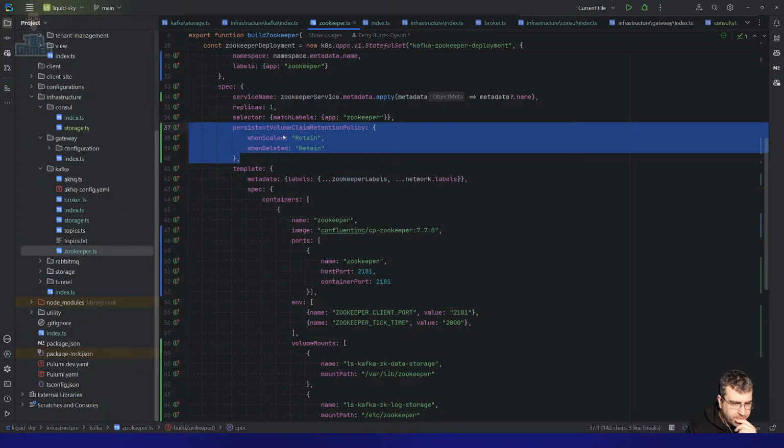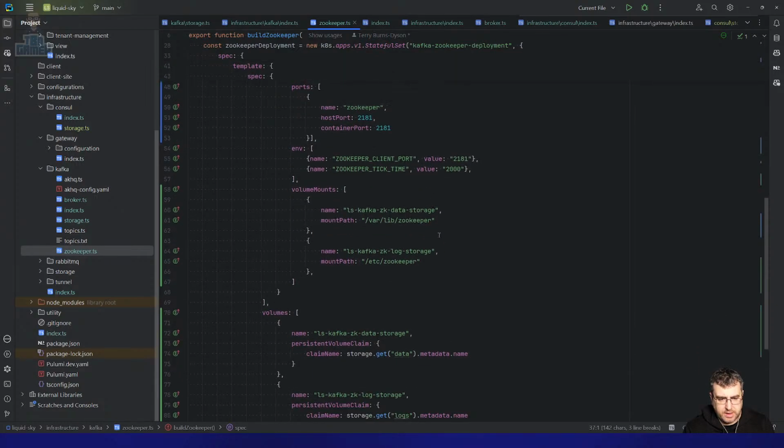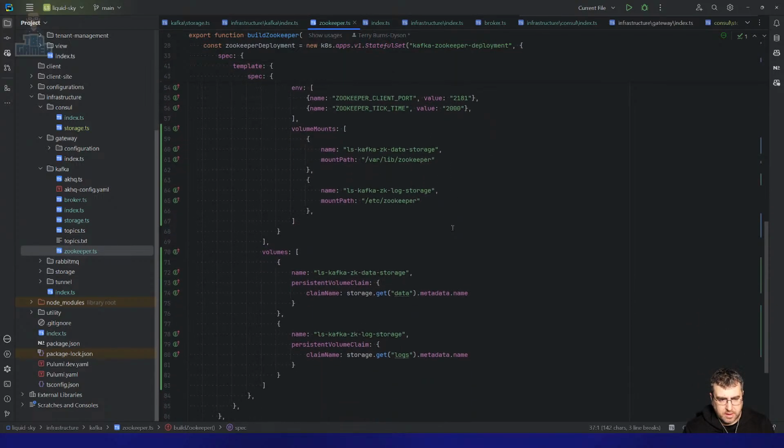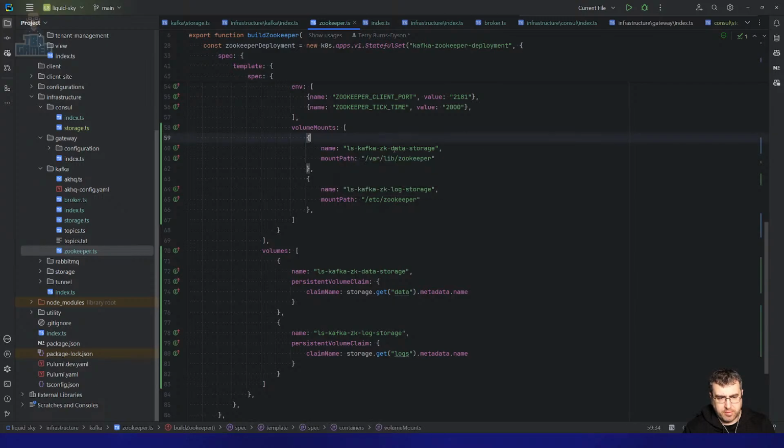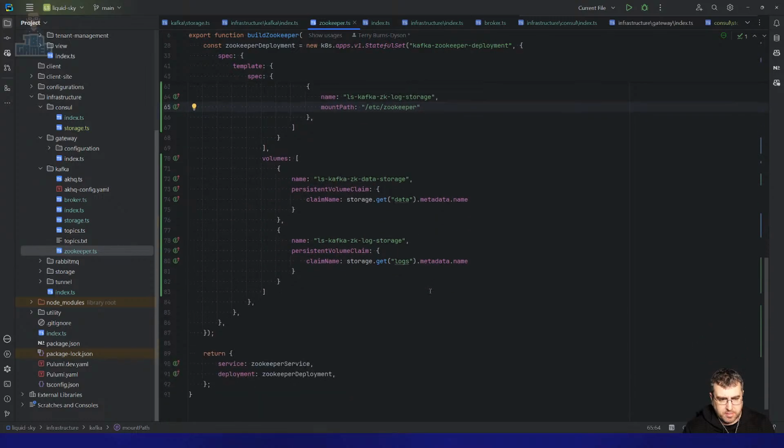That was recommended from somewhere, basically to make sure I retain the volumes between deletes and scale ups and scale downs. So I've added the Zookeeper storage, varlib Zookeeper, and etc Zookeeper. But if I now do Pulumi up on this,